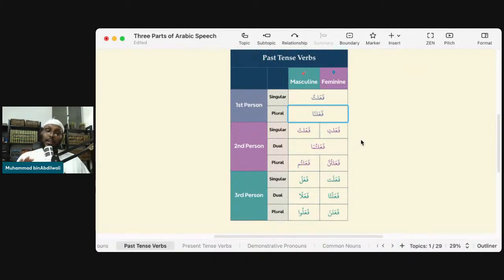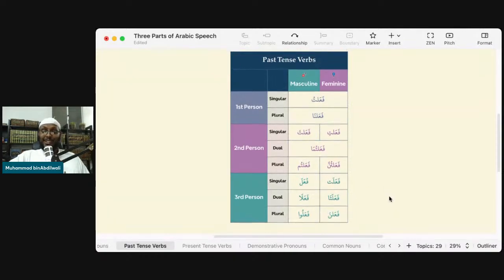But when it comes to practice, remember last lesson's Tanam tables? That's what you're going to use. Because believe me, if you say, "I am going to memorize, Ustad, and I'm going to learn the past tense verb conjugation by going over this table," you will never get anywhere. Trust me. Ramadan will come and go before you even know how to do it.